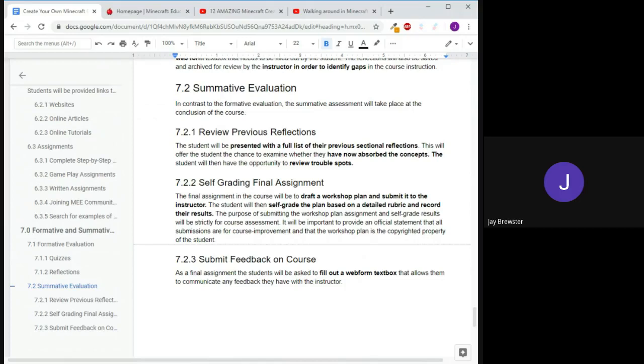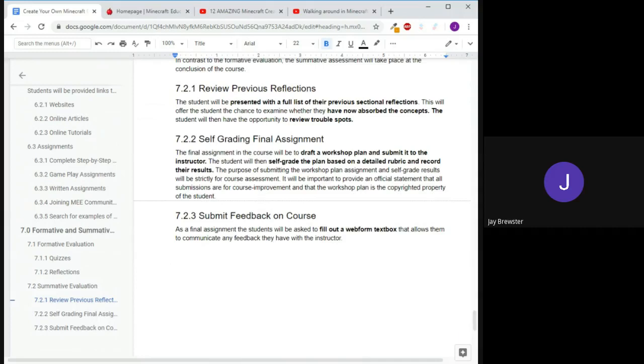Like, I didn't understand it originally, and now do I understand it after I've done other things? And that should also be very informative for the instructor of the course. And then it also gives them a chance to go back and look at specific areas that they feel like they don't have a good handle on.